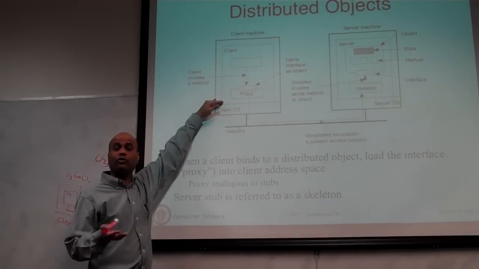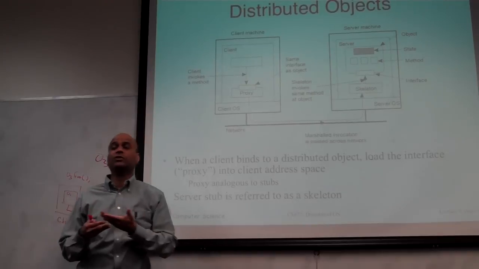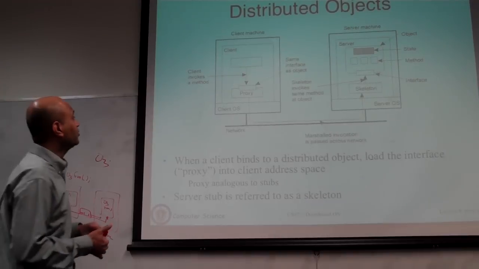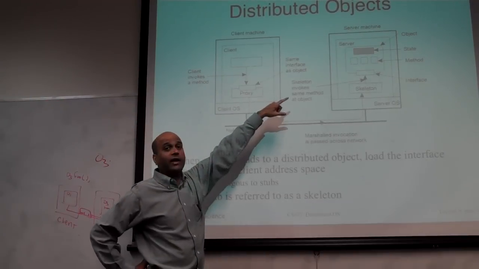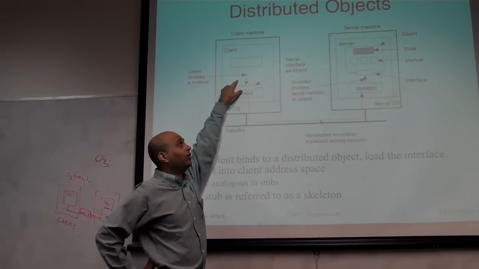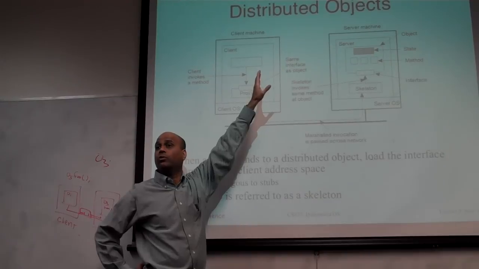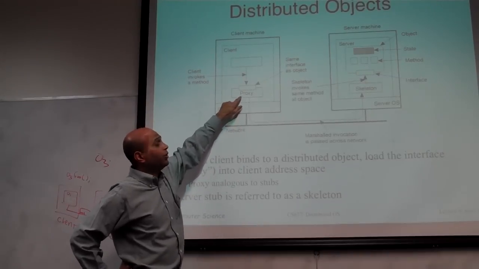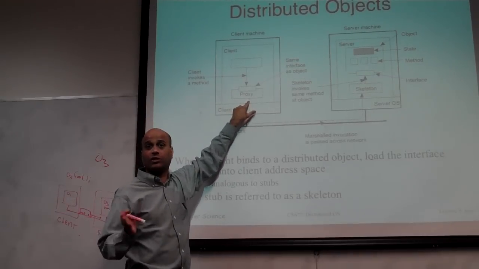At the client end, you will first import the interface, so you will have a list of methods that the server is exporting. Once you do that, you can take an object on the server end and call object.foo, where foo is a method on that server. And then you have what is called a proxy. This is the name for a stub in the Java world,